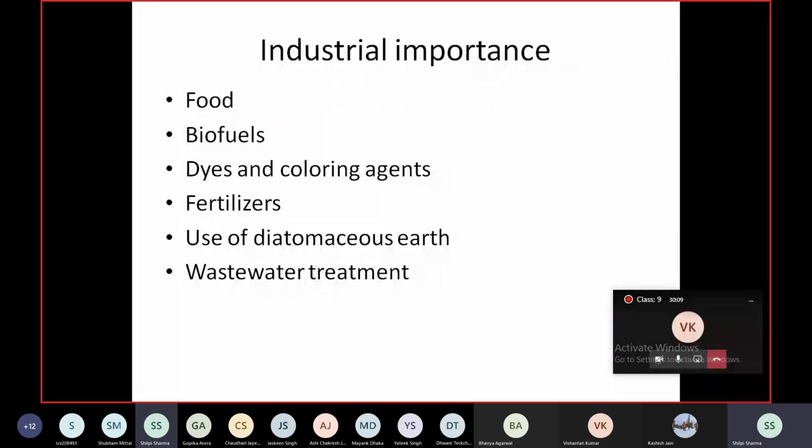Besides their role in the food industry, they're now being used to produce even biomass. In today's world, you know of the importance of biofuels. So whether it is production of biomass or for hydrogen production, algae, especially algae from the protist group, play an important role. There are several pigments which are extracted from protists. I told you they are pigmented, they are colorful. So these pigments are used as alternatives to chemicals in some of the industries. Then the seaweeds that we just saw, they are so nutritious that they're also applied as fertilizers in agriculture.